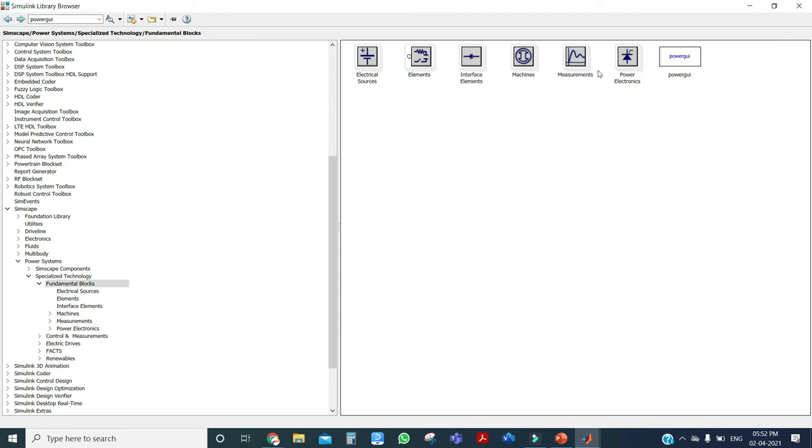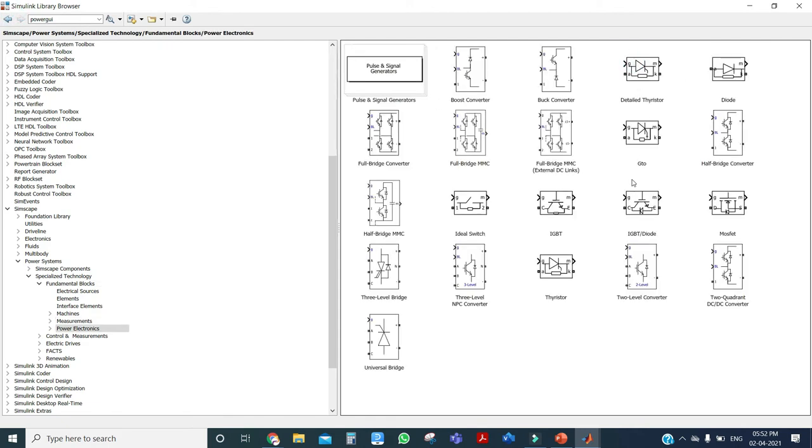For that we are adding this current measurement and voltage measurement to the model. Just come back. What else do we need? We need switches. Here I am using the IGBT with anti-parallel diode, which I am adding to the model, and I need one diode, which I am also adding to the model. And to control the switch, to make the switch turn on, we need a pulse generator.